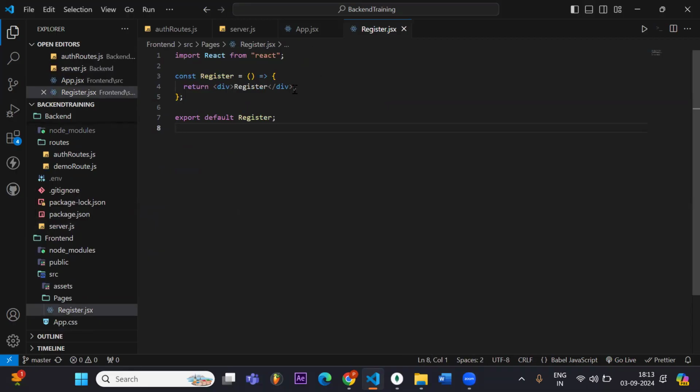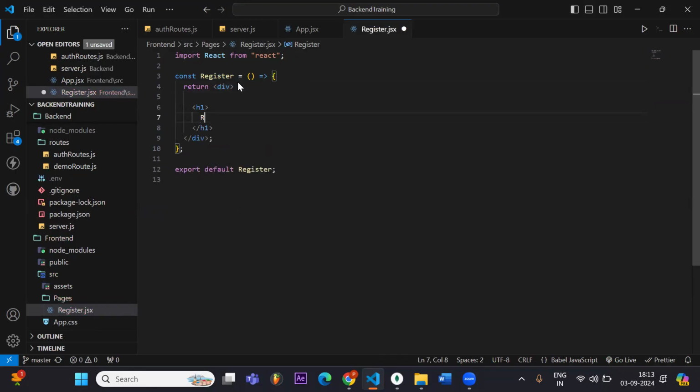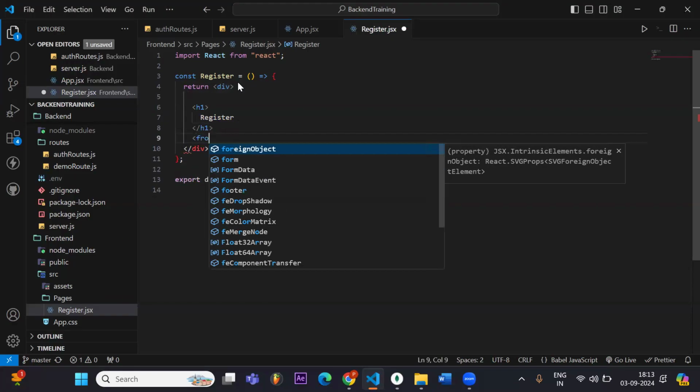First I will make a basic register page, say Register, and delete the boilerplate. Give a heading Register, and after that I will make a form,